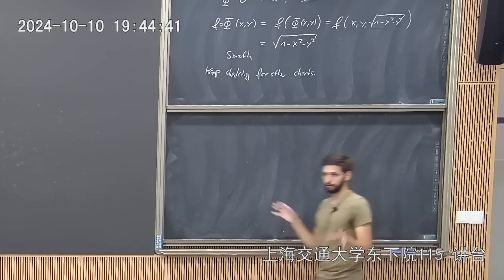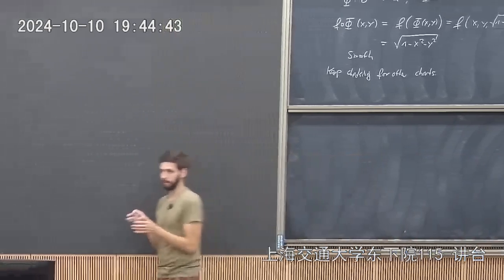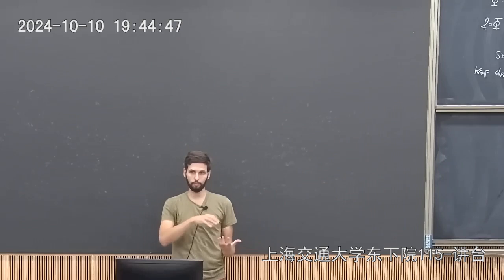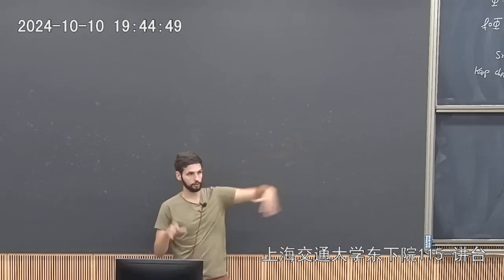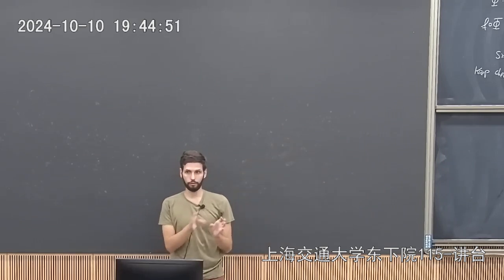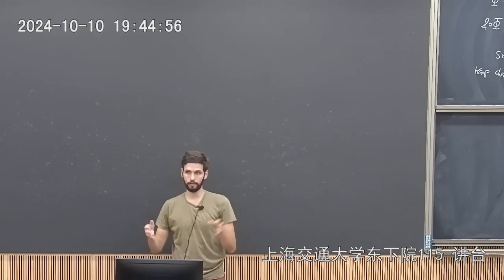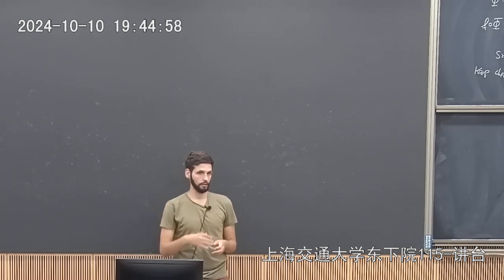In mathematics, there are essentially two ways to study objects. Either we define objects that live on the thing that we want to study, like smooth functions that live on the surface, and we derive certain properties from that, or we look at things that map into the surface. So these are